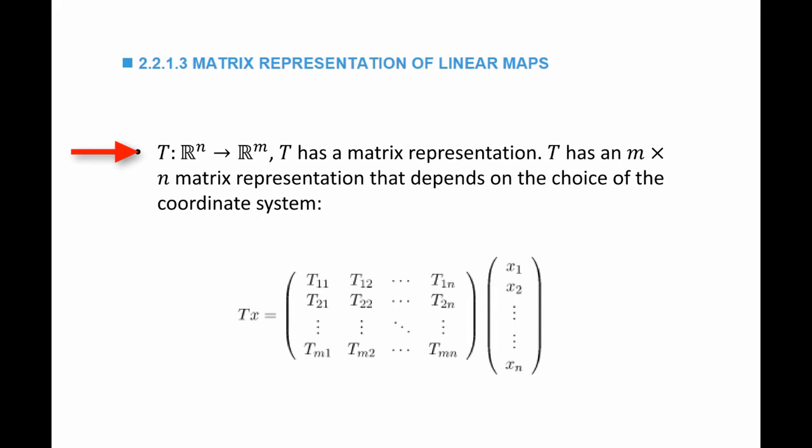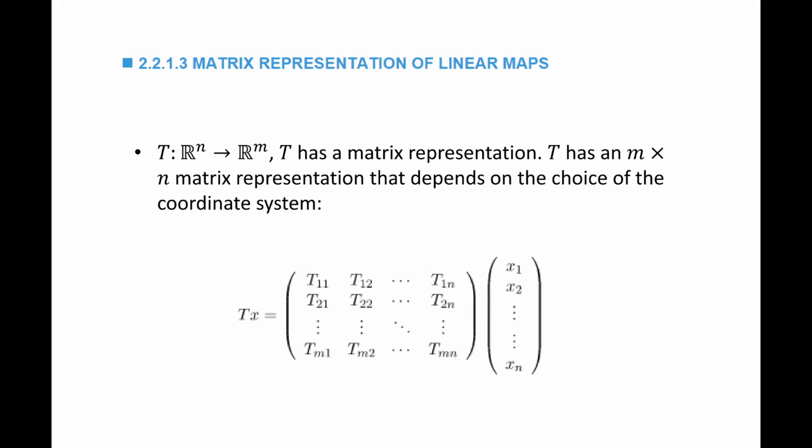Any linear map between a vector space Rn and a vector space Rm has a matrix representation. It has an m by n matrix representation that depends on the choice of the coordinate system. So after I choose a certain coordinate system for Rn and a certain coordinate system for Rm, T, which is a linear map, has an m by n matrix representation. As you can see, T operates on vectors in Rn. So this vector has n components, and because it has n components, T, the matrix, has n